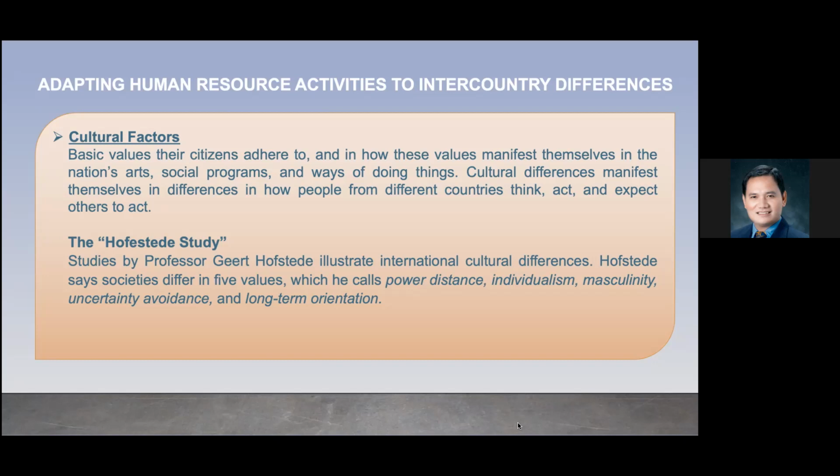Then we have here the Hofstede study. Studies by Professor Geert Hofstede illustrate international cultural differences. Hofstede says that societies differ in five values, which he calls power distance, individualism, masculinity, uncertainty avoidance, and long-term orientation. For example, power distance represents the degree to which the less powerful people accept the unequal distribution of power in